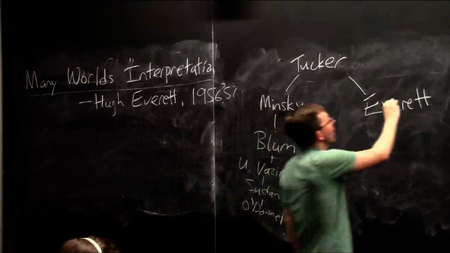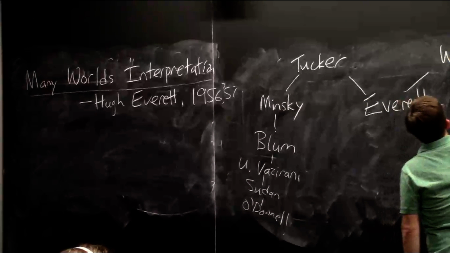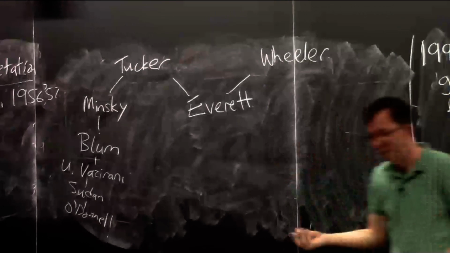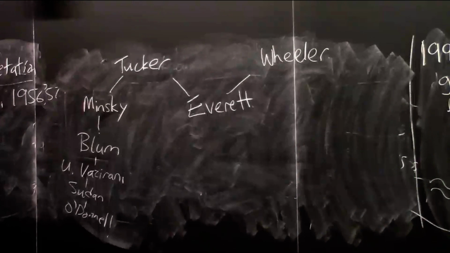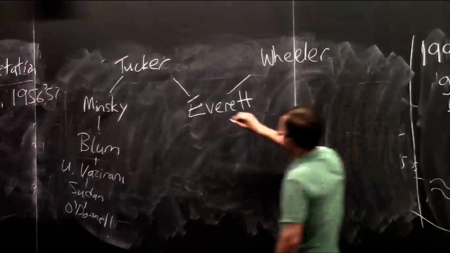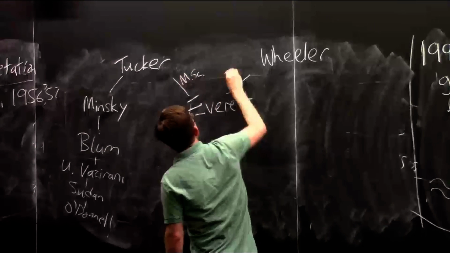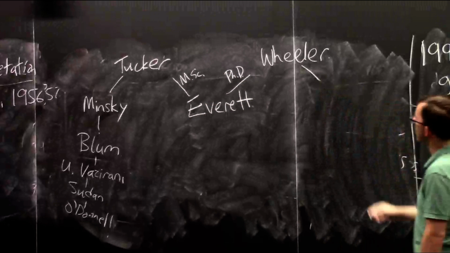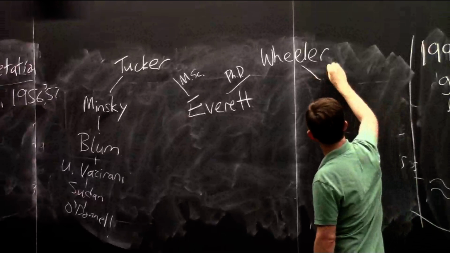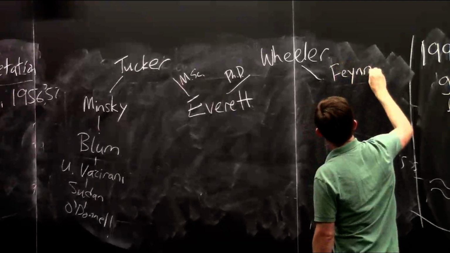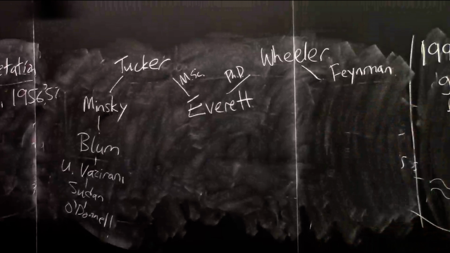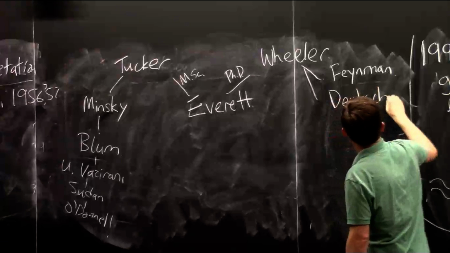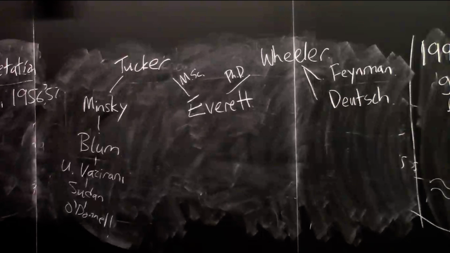So his PhD advisor was Wheeler. Wheeler was a super famous physicist, very widely acclaimed. He popularized the term black hole and did all sorts of things in physics. This was his master's. This was his PhD, which was about the many worlds theory. He had many other famous physics PhD students, including Feynman, who was the other co-founder of quantum computation, together with Deutsch, this 10 to the 500 parallel worlds person.